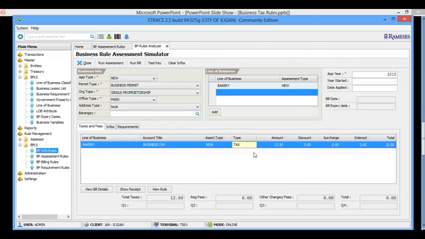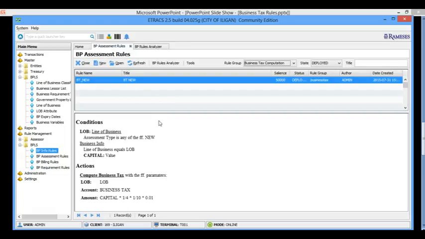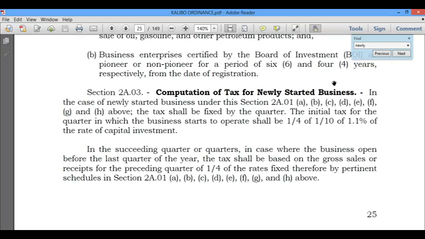So there should be a business tax here of 1250. So that's the amount, the 50,000 times 1/4 times 1/10 times 1%. So this is the value here. So you can check that out. If there's something wrong, then most likely your formula is incorrect. Okay, now we'll move to the next, which is for gross.